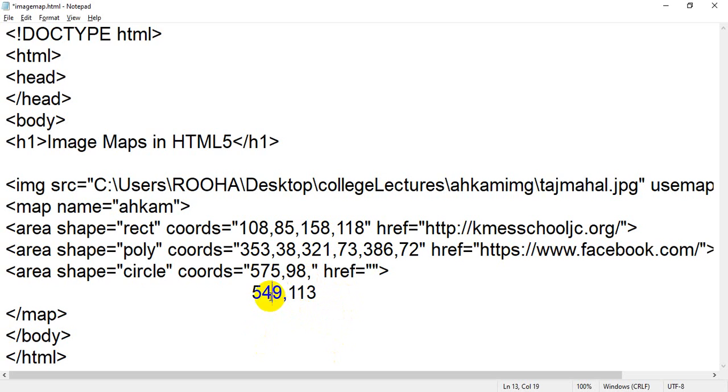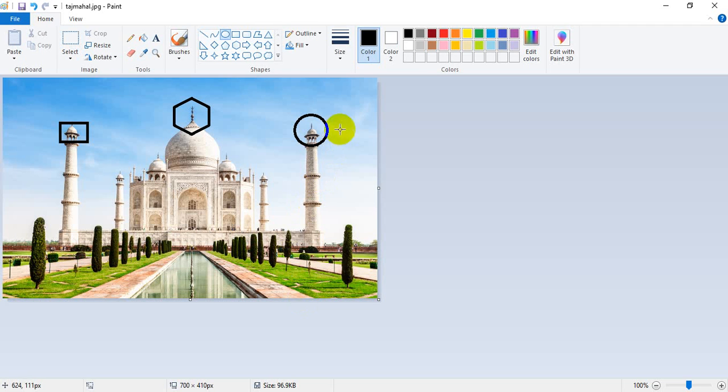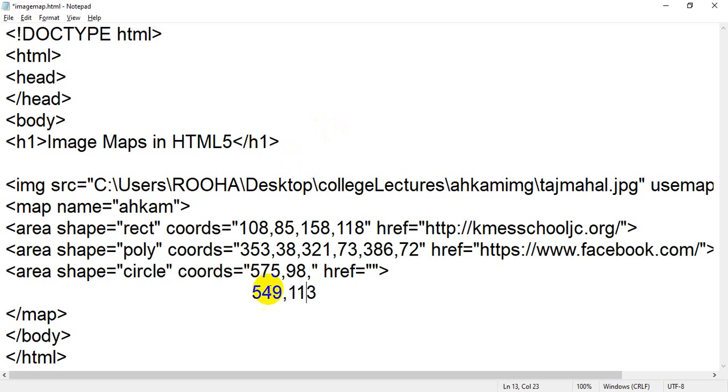Like I have taken 549, 113. Now you can go and take radius from here, meaning from the center to this is called a radius. Now I am going to take this value. So what is this value? 607 and 93.